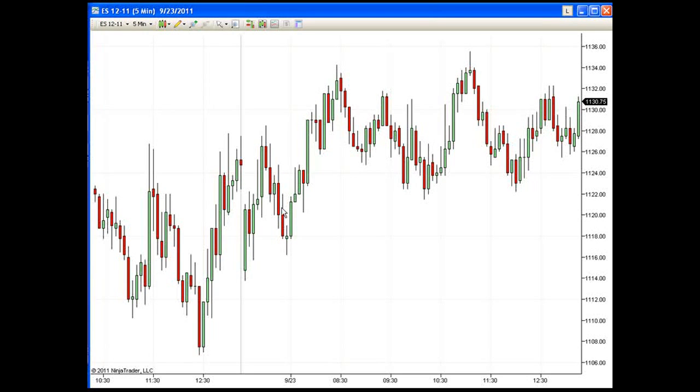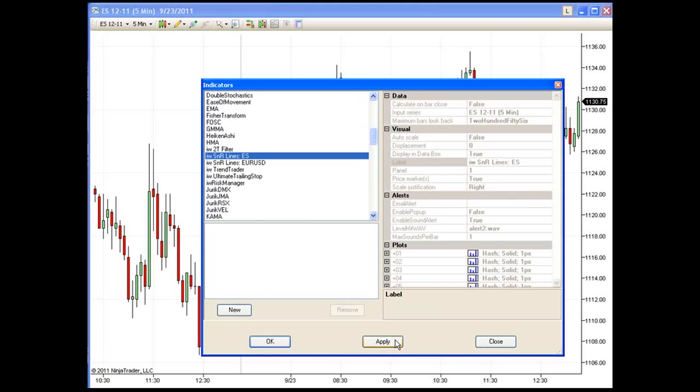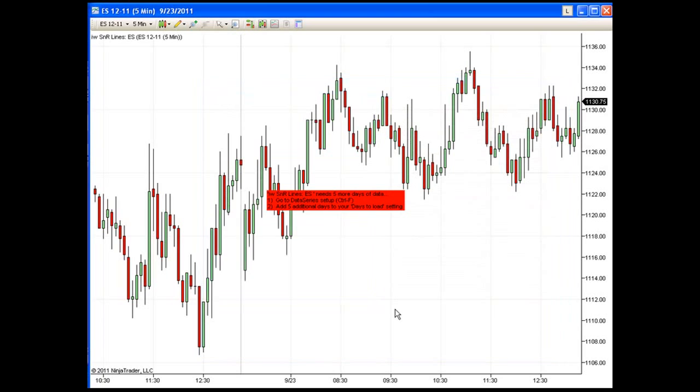To load the widget onto your chart, first open the market you're interested in. In this particular instance, I'm going to be trading the E-mini S&P, and I want to locate my E-mini S&P widget from my indicator assortment. So I go to my indicator tab, and from here, in the assortment, I can find my IW SnR Lines E-mini widget. Click on that, click to apply, click OK,